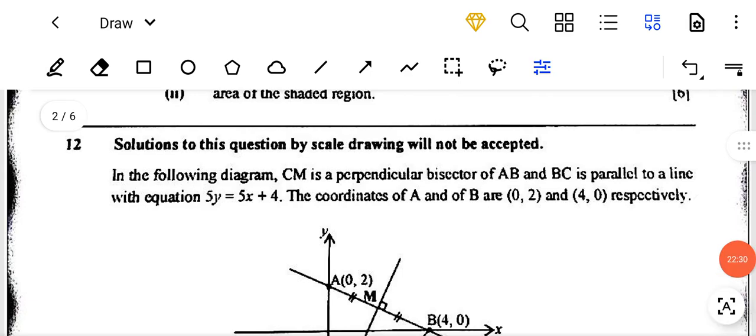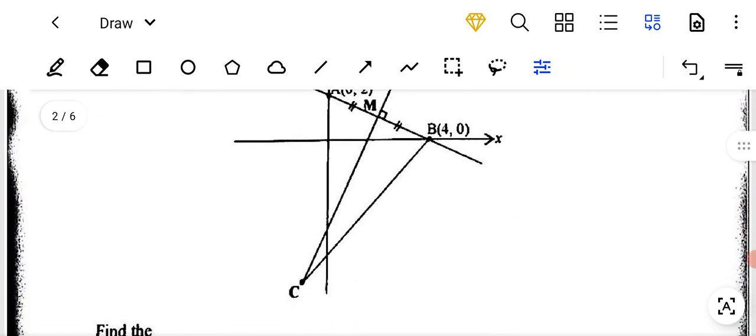Alright, since we're saying it bisects the line, it means that it cuts the line in half. Therefore, the coordinates of M are the midpoint of the line joining A and B. And then another thing you need to know is that the gradient of CM is perpendicular to the gradient of AB. So if we do all that, it means we'll find our equation 2, and then we can solve equation 1 and equation 2 simultaneously and find our final answer. So what should we do? Let's start by finding